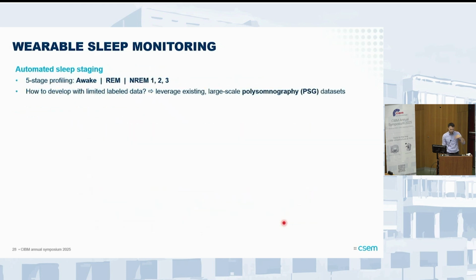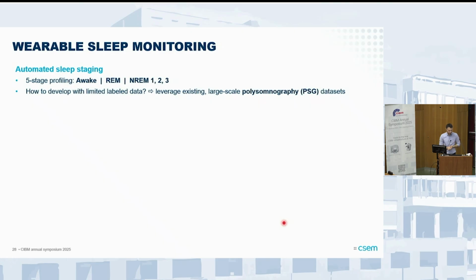Of course, automatic methods to analyze this data are really important. We really need to move away from manual reviews by experts once you start getting these volumes of data from patients, from every night recordings over several months. So we've had to work on automatic ways of doing, for example, staging of sleep. And here, one of the limitations is that you have to work with quite limited data. You have a new wearable, a new device, you start using it, but you don't have large data sets